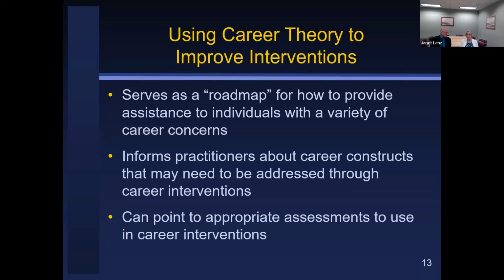So as I mentioned, if career adaptability within career construction theory is something you want to impact through a career intervention, or if, in Holland's theory, it's vocational identity and you want to help young people increase their vocational identity level, think through those constructs within the theory that you identify with, maybe career decision-making self-efficacy, and think about how you're going to impact that through an intervention.